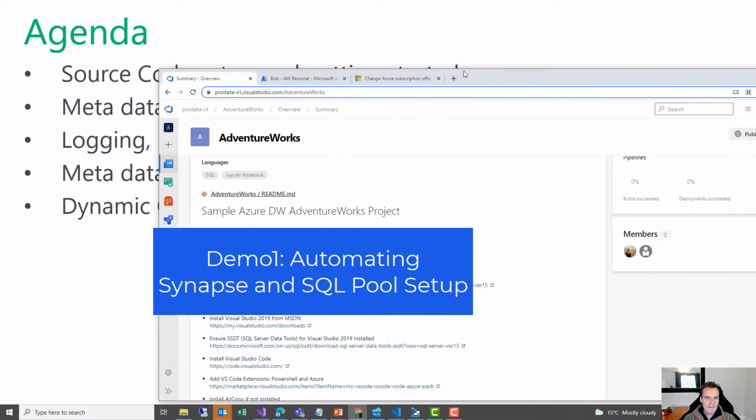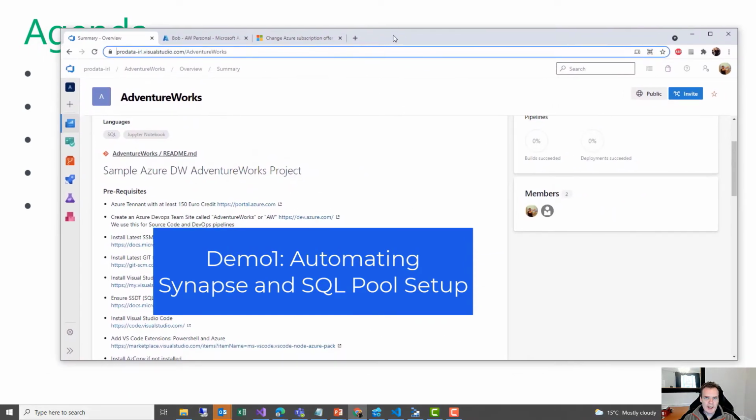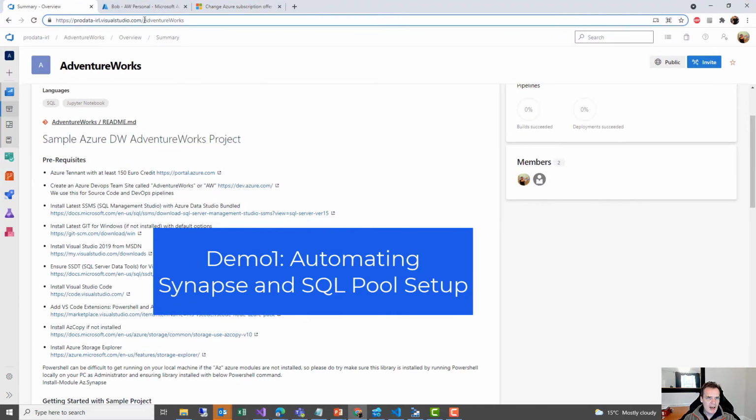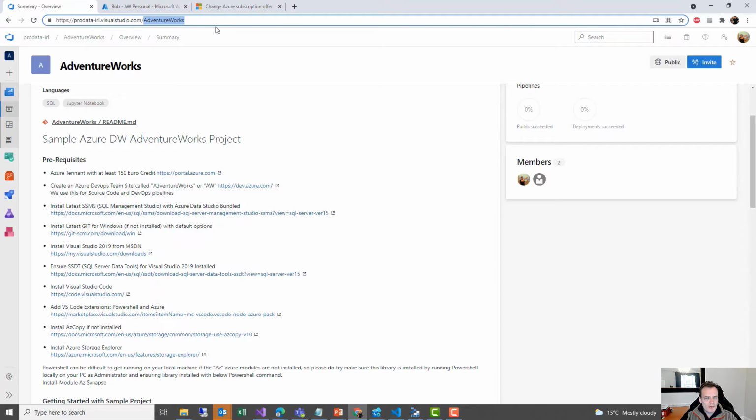If we flip over to the internet, the starting point is that I have put a public Git-based Azure DevOps repository called AdventureWorks. There's a URL here. No need to write that down because it'll be available in the download, and I'll see if I can paste it in the chat as well. And what this has is some sample source code, sample stored procedures to deploy a basic metadata framework for automating